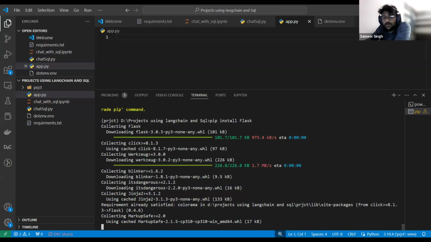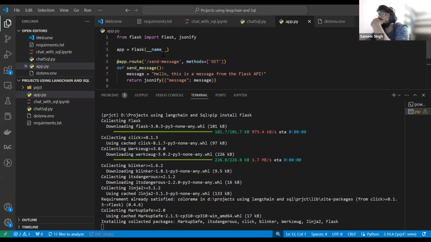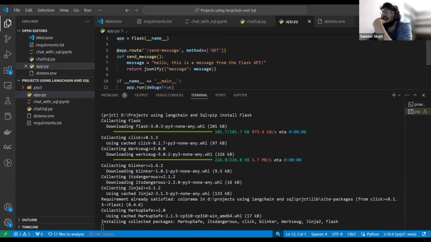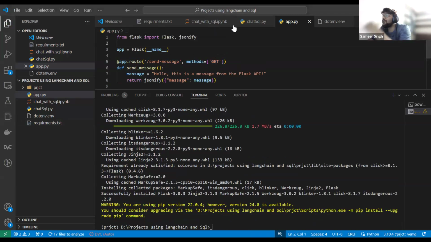Now let's see, guys. Okay, let it install. I already have the code. I will explain it right now. I will import the libraries. I will keep the route method as send message. And since we have a get and post method, I think you all are familiar here. Now I will import this first.